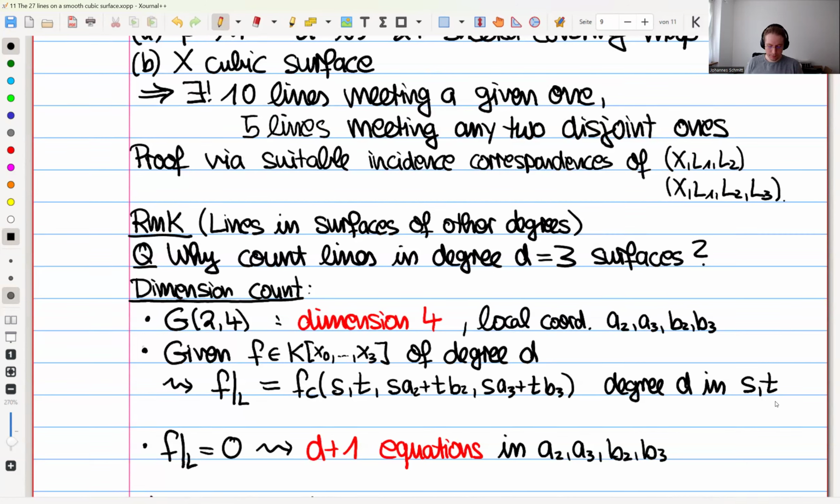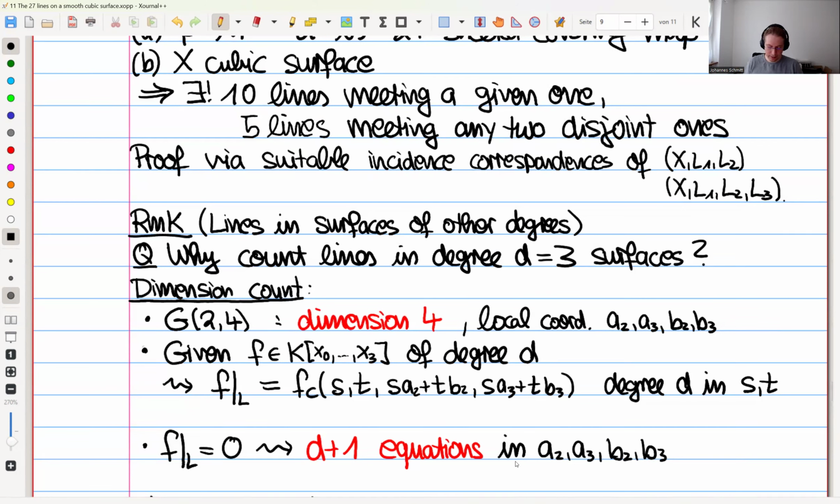And so this vanishing means if you expand this, then you get a sum over s to the i, t to the d minus i times this big F_i, which we have seen. And then all the big F_i must vanish. And so the total number of these big F_i is d plus 1, namely 1 for each monomial in s and t. And so we have d plus 1 equations in these,